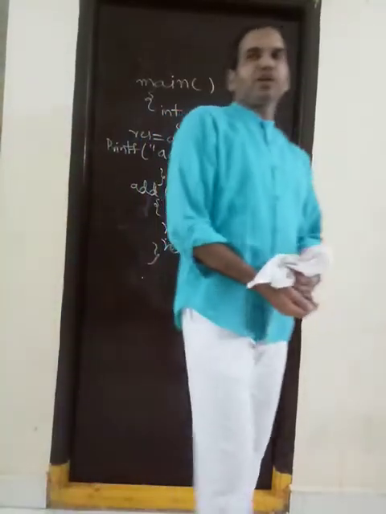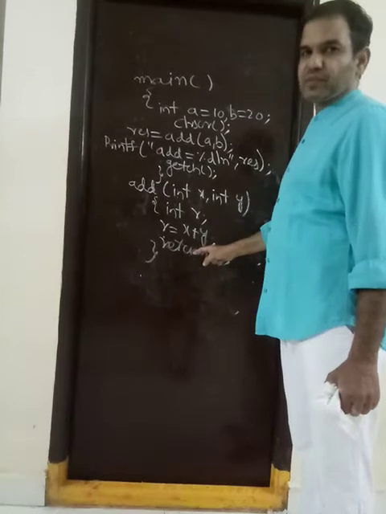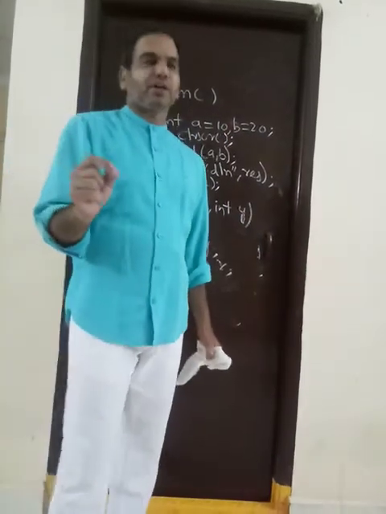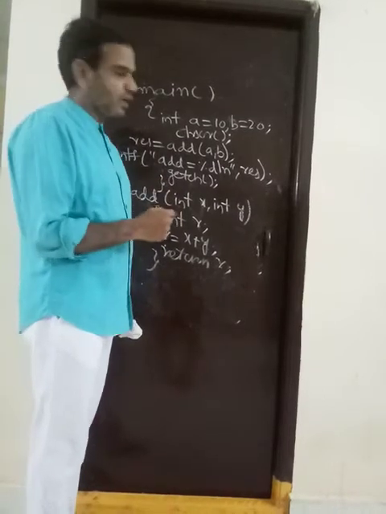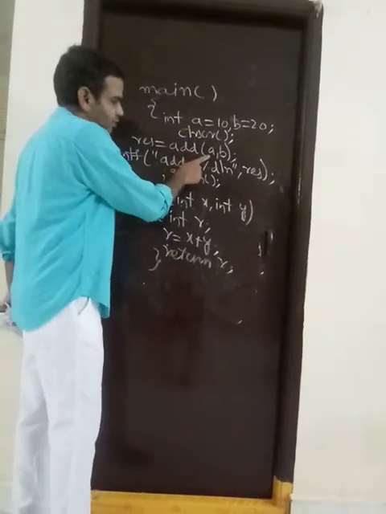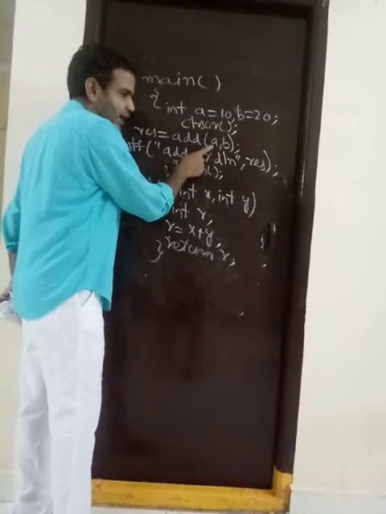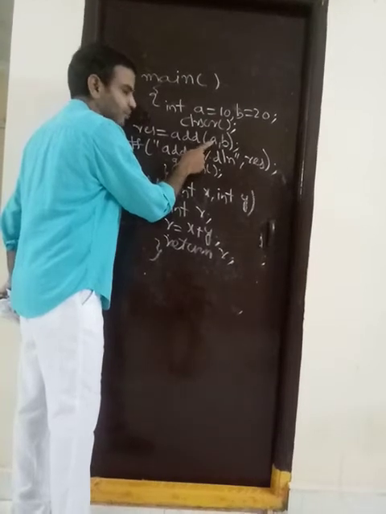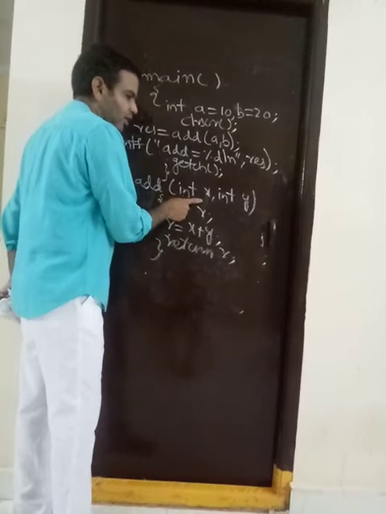Okay, so next one is function with argument with return. This is also called passing by value. Here the new topic is argument or parameter. In the main function we take some values in variables, and those variables we pass to the subprogram through actual parameters, also called arguments. These are the dummy or formal parameters.